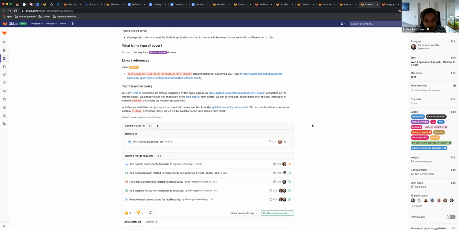It's the way we enable ModSecurity in the first place for the auto deploy Helm charts. So this work was reduced to just changing Helm charts to add the ability to inject custom ModSecurity rules through the annotation.